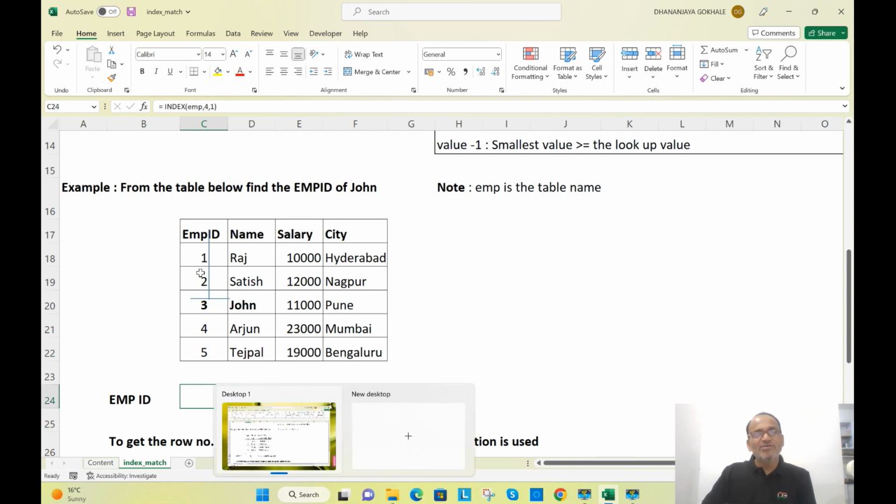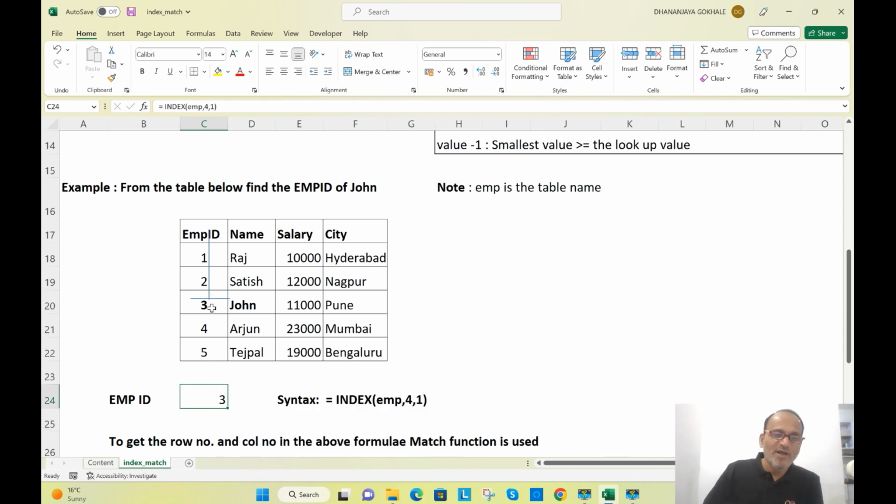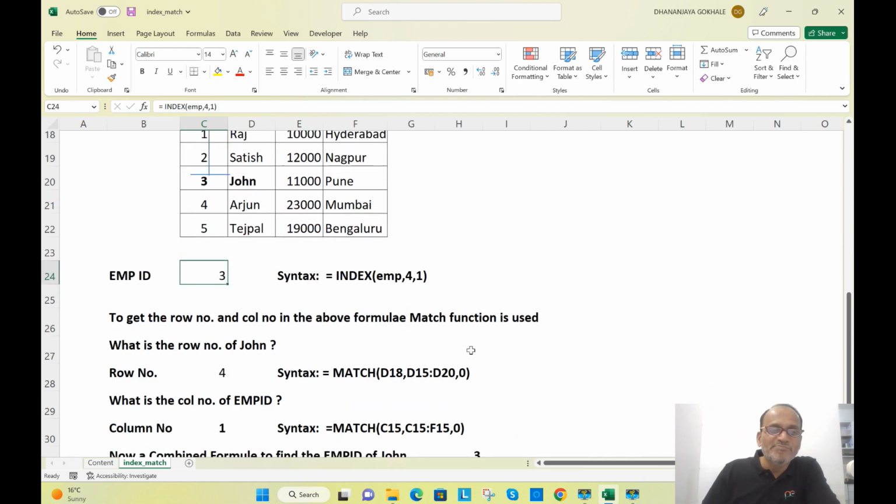Now this was just to explain to you how index is going to work. But obviously this is not the way index function is actually used. The values of row number 4 and column number 1, which we specified, we could count easily because it's a very small table, but in big tables you won't be able to do that. So to find out these values 4 and 1, we use the other function called